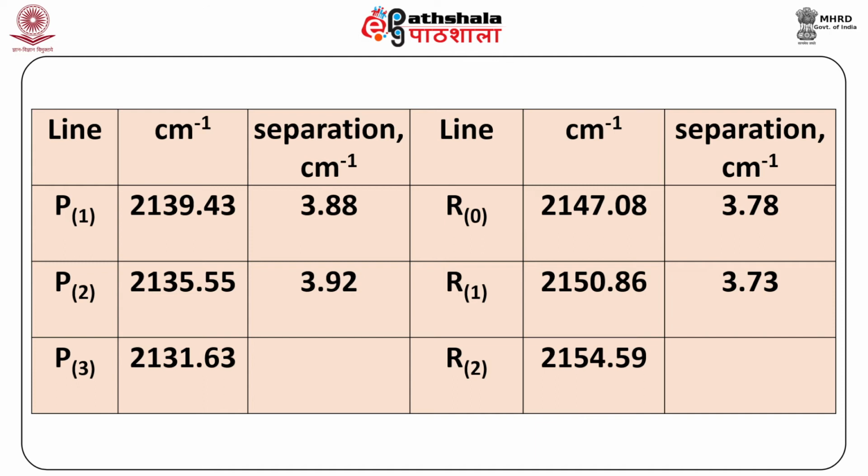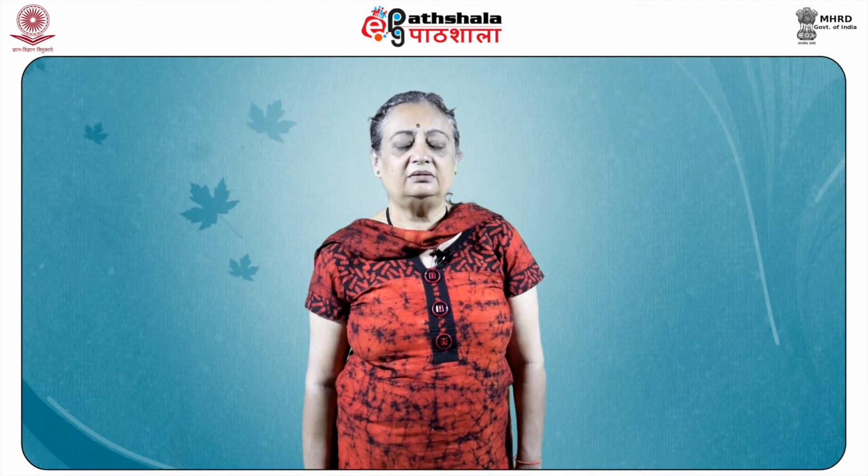Similarly, there are lines at R0, R1, R2. The first three R lines are at 2147.08, 2150.86, 2154.59 centimeter inverse, and the separation between R0 and R1 is 3.78 and between R1 and R2 is 3.73 centimeter inverse. The average of P1 and R0 gives you the band center, and the average spacing gives you the 2B bar value. Now, the value that we have obtained is in satisfactory agreement with the more precise value